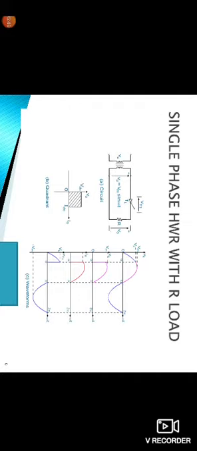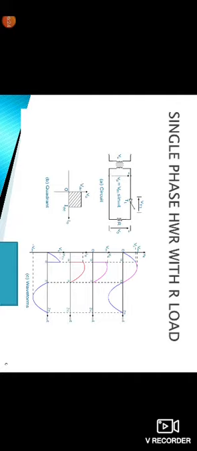In between there is alpha and pi. The same applies to the current. The current is also generated when firing angle alpha is applied, so that it follows the input sine wave up to pi. After pi it is 0. For the voltage V1, until the firing angle is applied, there is no triggering. Up to that point only the input voltage increases. Whenever alpha is applied, it moves from the 0 position.